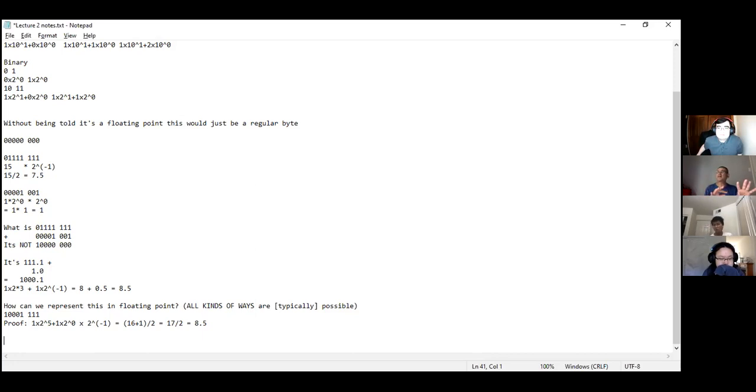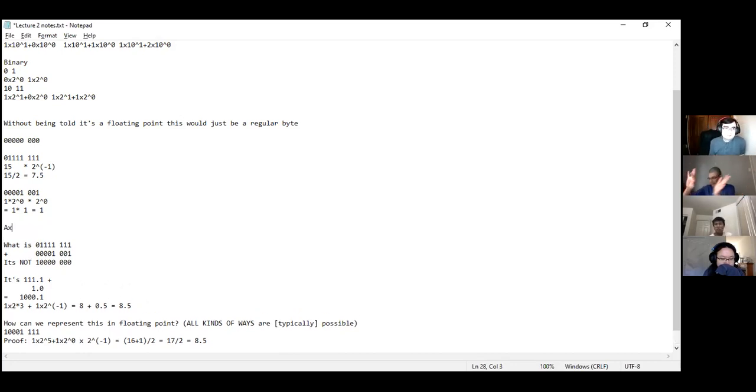Let's say 3.5. I was trying to come up with a problem in which you can add A times 10 to the something and B times 10 to the something. You have to make sure the two powers of 10 are the same, so that you can factor them out, and then you can do A plus B. I don't know if that makes sense. Let me actually try it. So 3.14 plus 5 times 10 to the negative 1. Okay, all right, good.